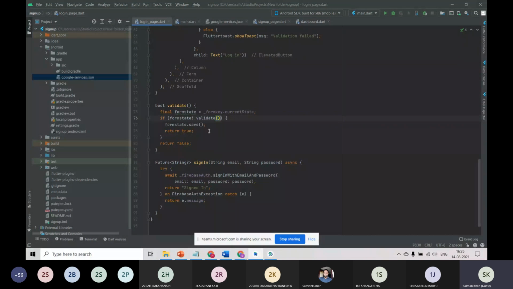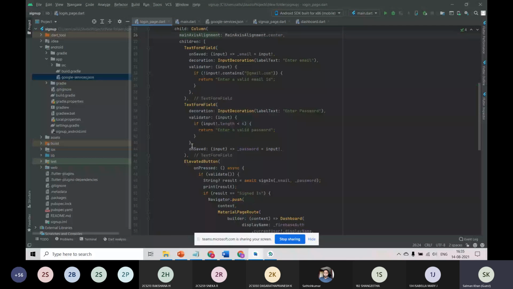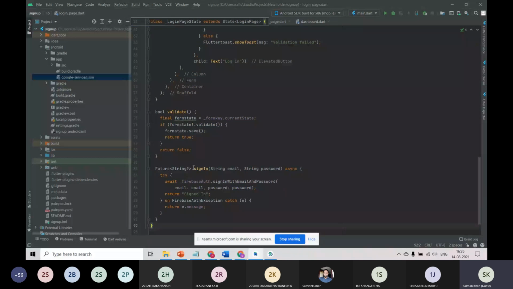If everything goes well, we will call form state dot save, and this will automatically invoke the onSaved code which we wrote before, like password is equal to input and this type of thing. Other than this, there is a sign in method I wrote, connecting to Firebase and validating the user.